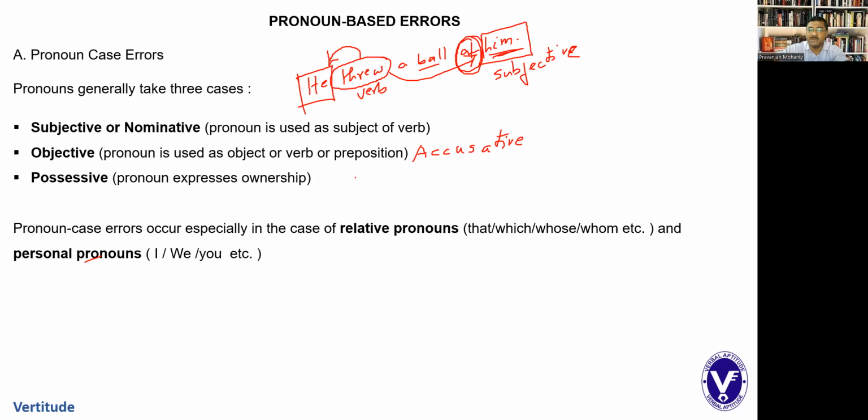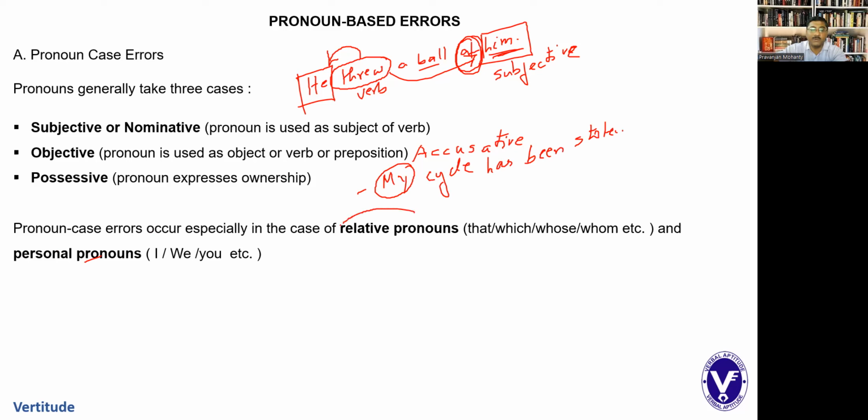Possessive means me, my cycle, my bicycle has been stolen. राइट, सो ये हो गया, माई हो गया पोजेसिव केस। यानी पोजेसिव मीन जो मेरे पास है, माई, माइन, हिज, हर, देयर, आवर, आवर्स, ये सारा पोजेसिव प्रोनाउन होता है। प्रोनाउन एरर्स ऑकर स्पेशली इन द केस